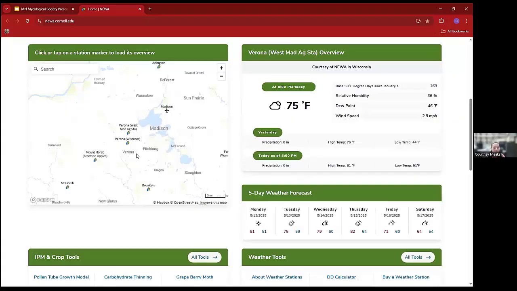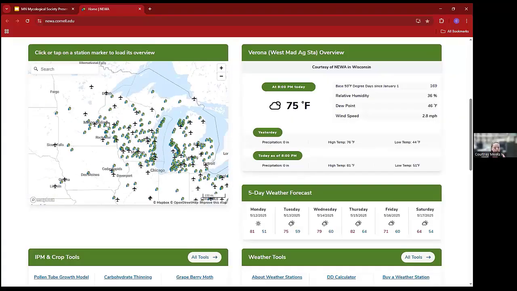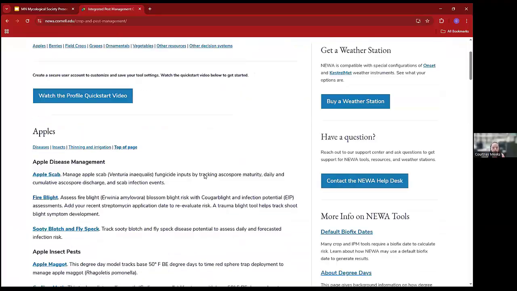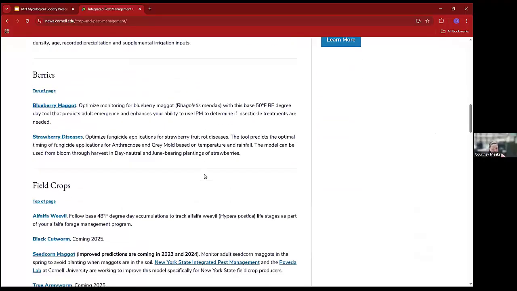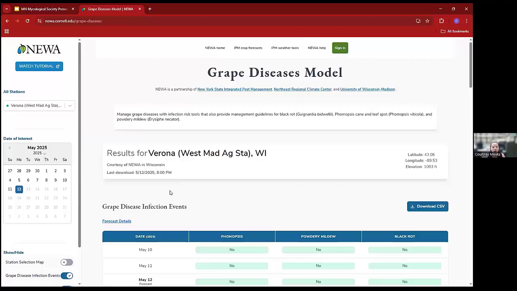So these are weather stations. I'm going to zoom out here. There's some over here in southeastern Minnesota. There's a couple over towards the west side. But there's tools for all different commodities. I'm going to scroll down here. If you're an apple or berry person, it's there for you. But for grape diseases, over a cup of coffee, a grower can come sit down,